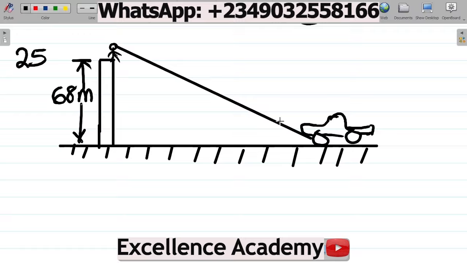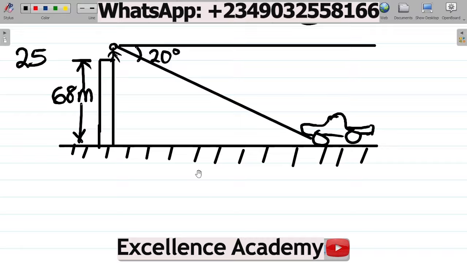20 degrees. All right, the angle of depression is 20 degrees. So adding 20 degrees from here, that angle will be here. The angle at which he looks down is this one here. This is his normal eye level. This one here, straight up, is his normal eye level, but you had to look down 20 degrees to see